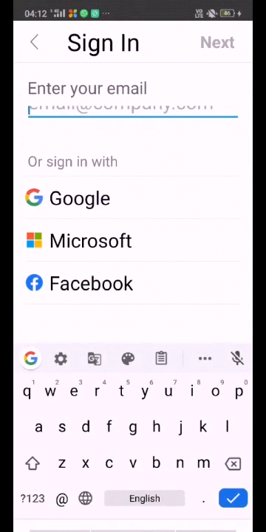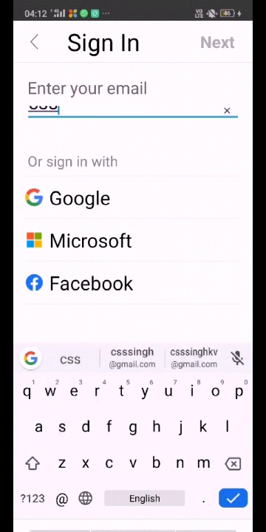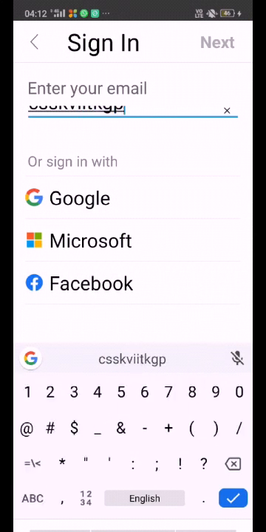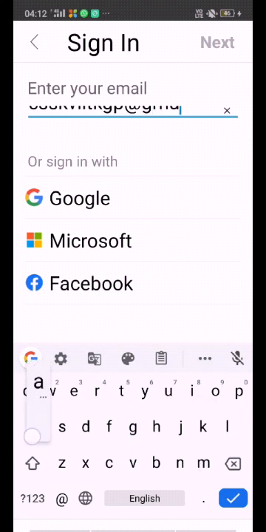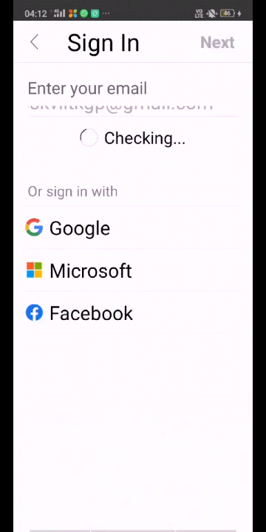Now here again we have to give the email address which we have given. Now click on next.